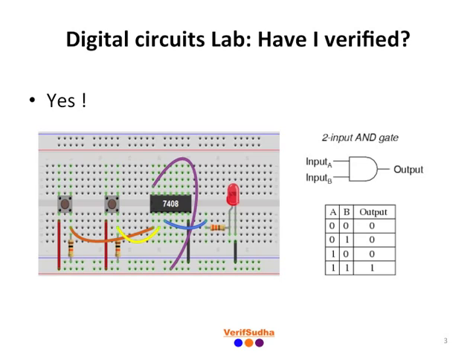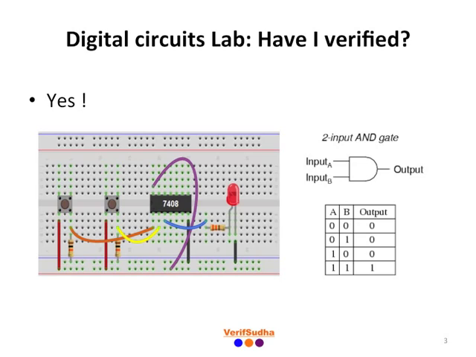Let's consider a simple AND gate IC like a popular 7408 which contains 4 2-input AND gates. First, you would have plugged IC in the breadboard and powered it up. After powering it up, you would have used the truth table of AND gate to apply all 4 possible combinations of input stimulus and check if the output is as per the expectation by looking at the LED or a oscilloscope. This process was repeated for all the ICs being used in the experiment.